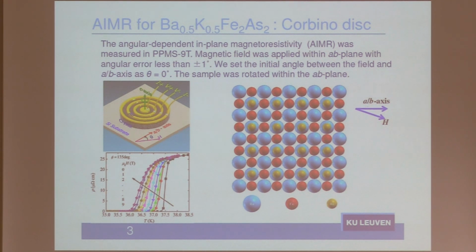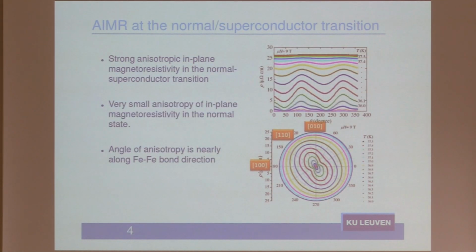So what was observed? Generally we know that the bulk is tetragonal symmetric, and we expect our magnetoresistance as a function of this angle theta to be at least of C4 symmetry, tetragonal. But what was observed is that the magnetoresistance has a strong C2 component. This is shown in the rho-phi diagram, and this is phi. We see 2 maxima. In tetragonal symmetry, we should have 4 maxima.